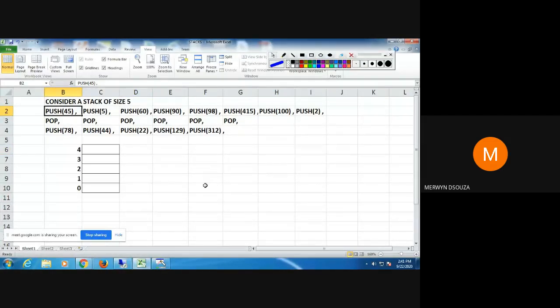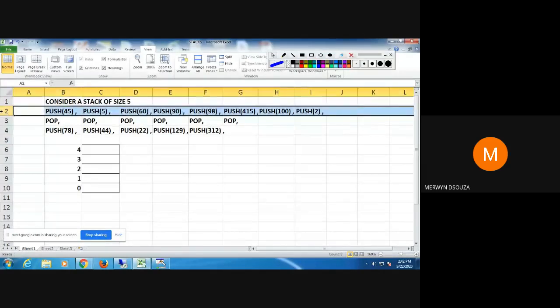Copy this row that I've highlighted in that order: push 45, push 5, push 60, push 90, push 98, push 415, push 100, push 2.